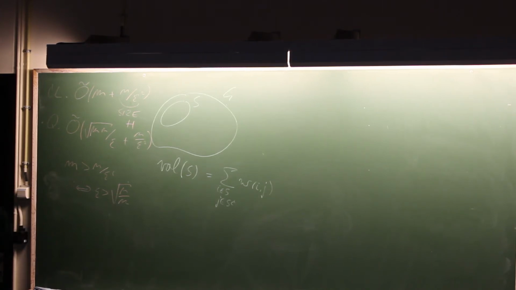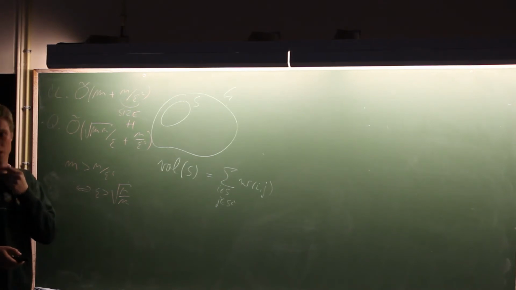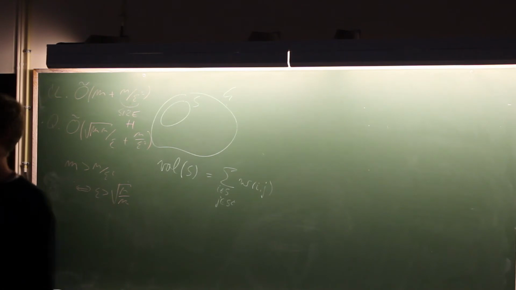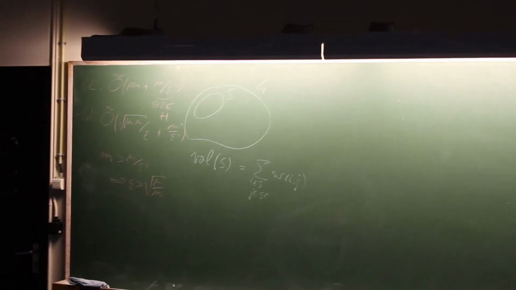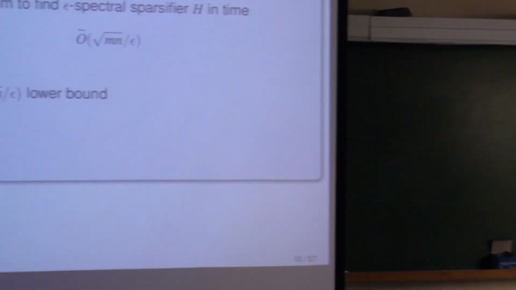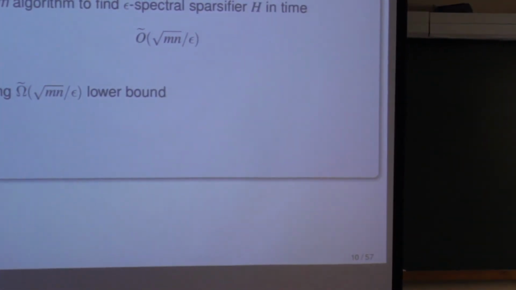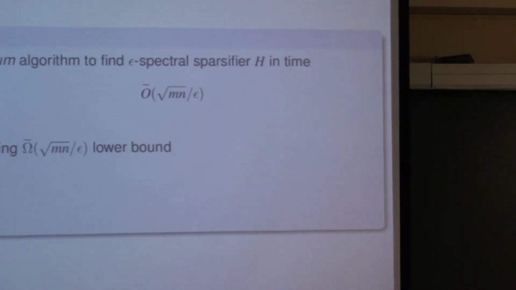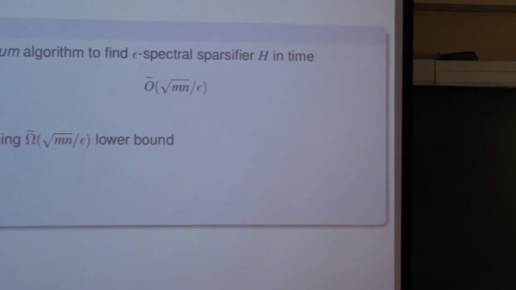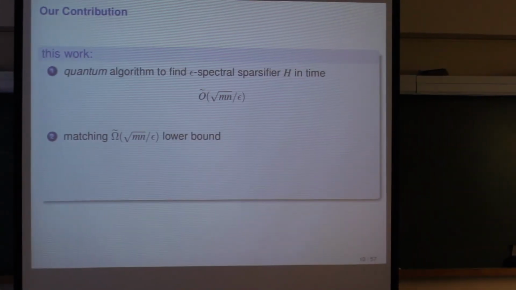So for the quantum result you got, is there a matching lower bound? Yes. So that would be my second bullet. The first one was that we find this quantum algorithm which gives the absolute spectral sparsifier in this complexity. And the second bullet is exactly what you're asking about: we prove it is optimal. Just like in the classical case, you can prove that you cannot improve on that. Here we get the same thing. So this, again, justifies why this is the correct dependency.